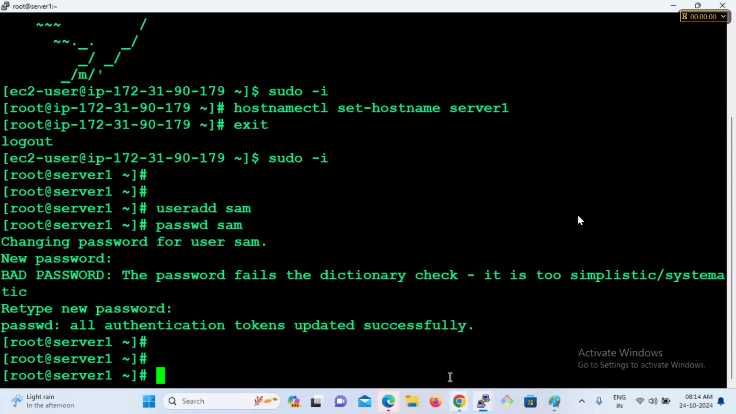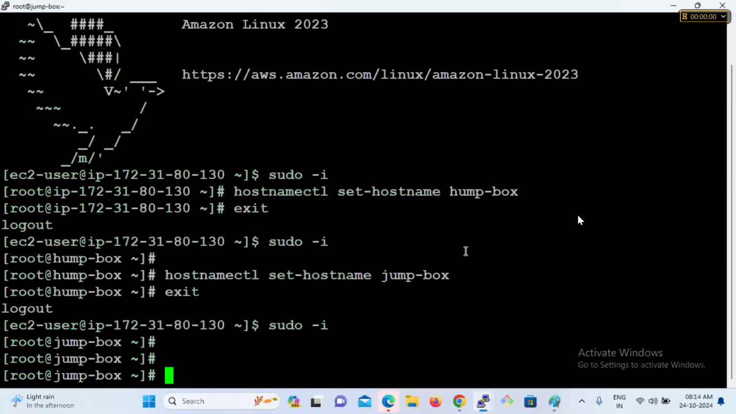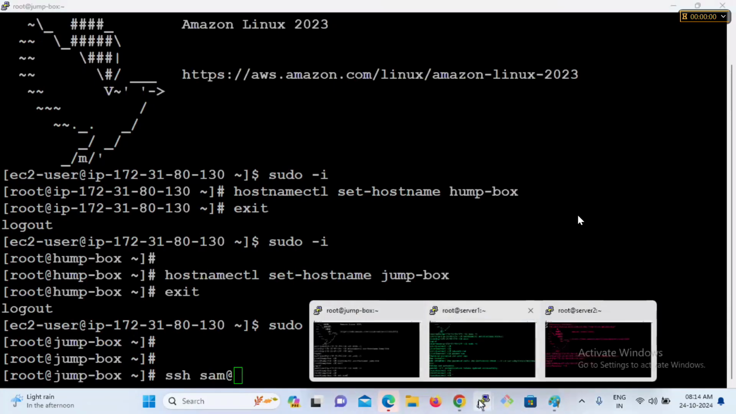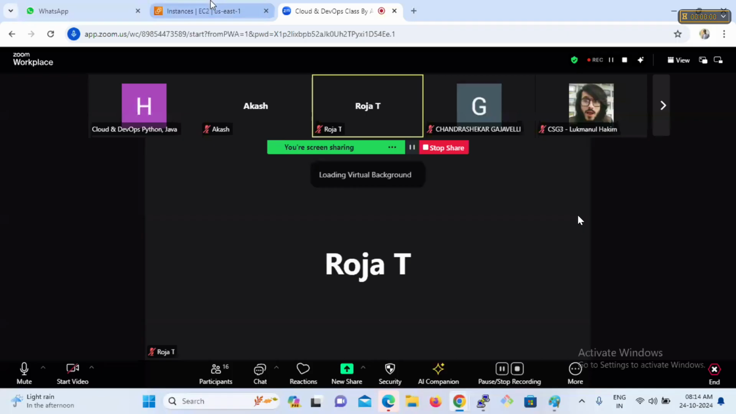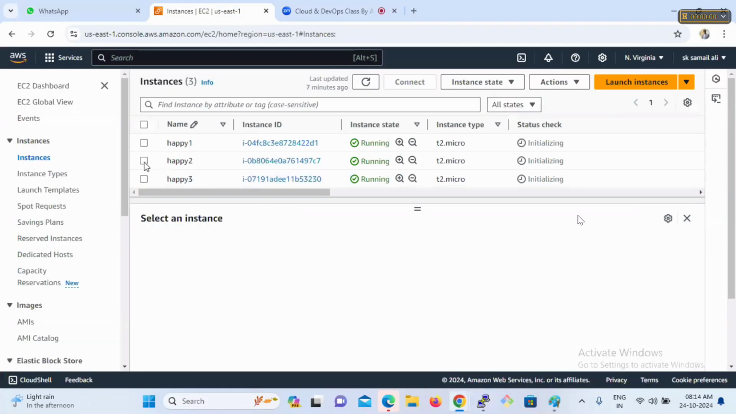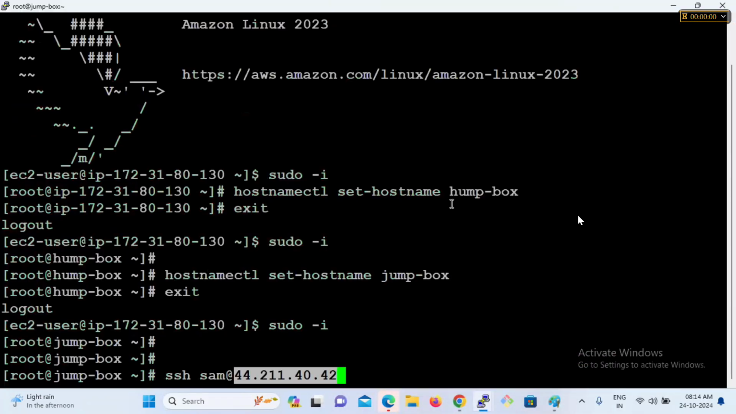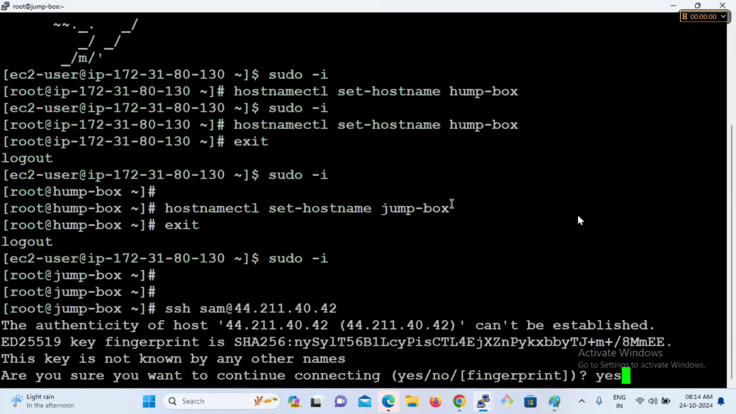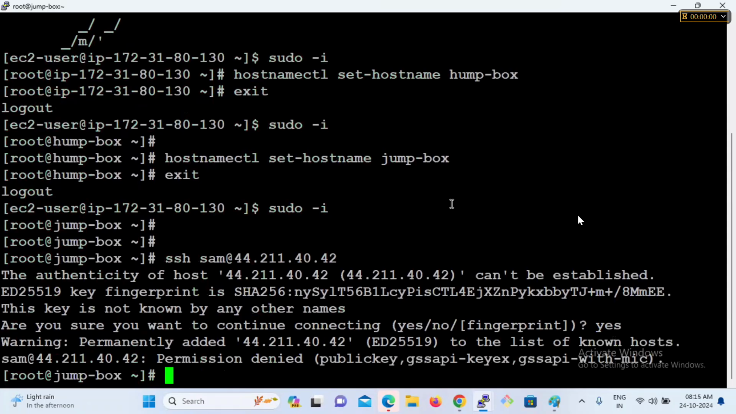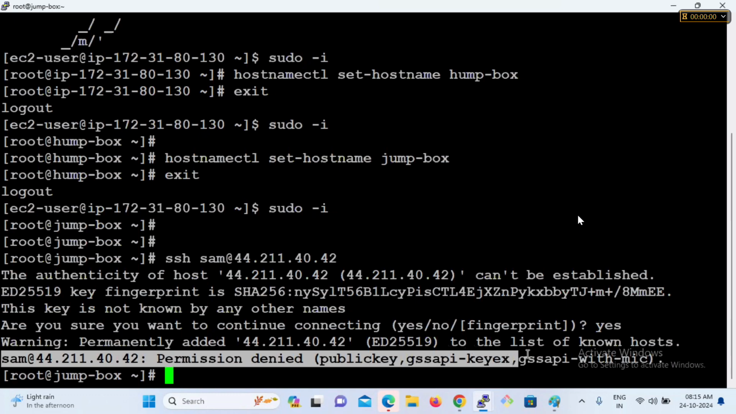If I want to log in with this user from here: ssh, which user, Sam at the IP of server 1. What is the IP of server 1? I'll say server 1 is this one. I'll copy this and paste it here. It's telling, so what is it telling? You don't have permission or a public key, and because of that you are unable to log into